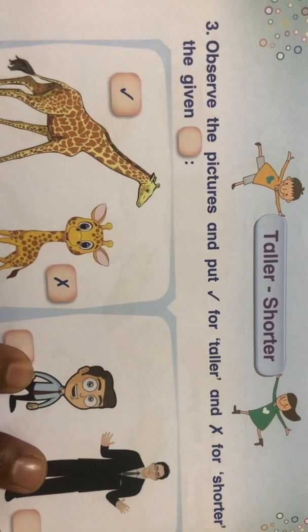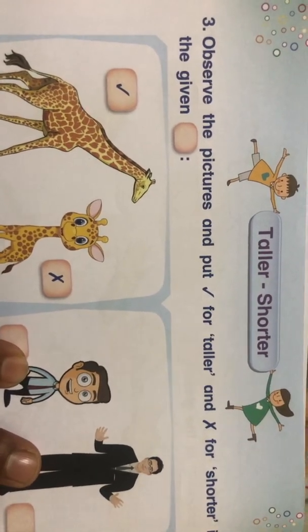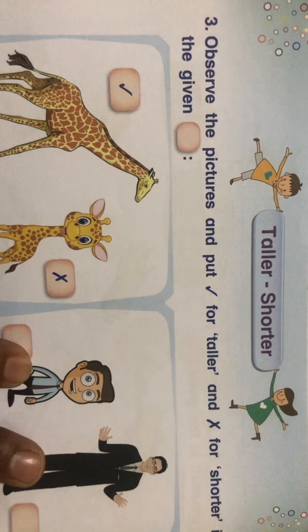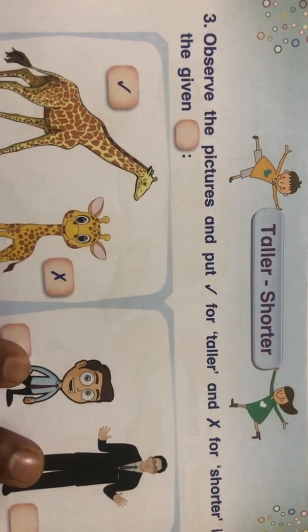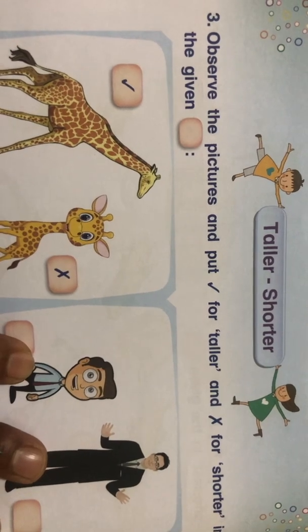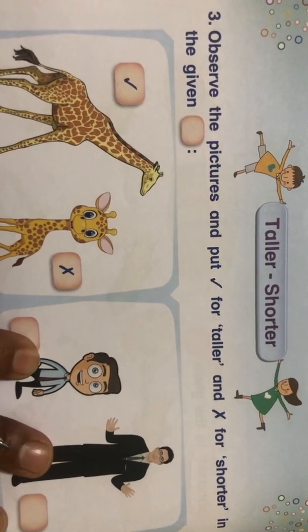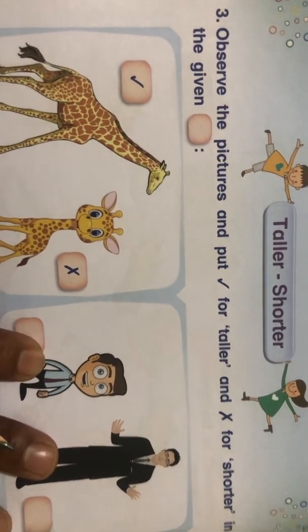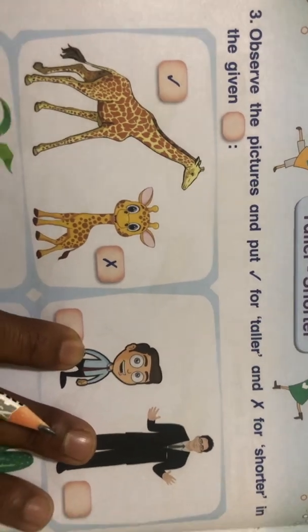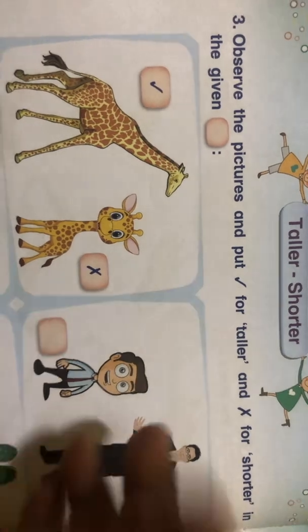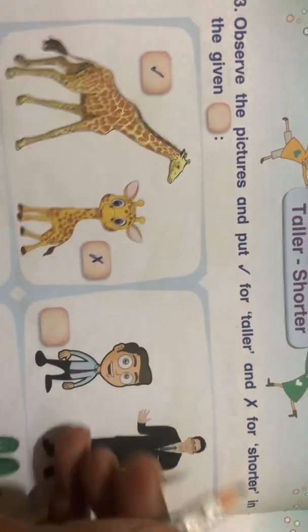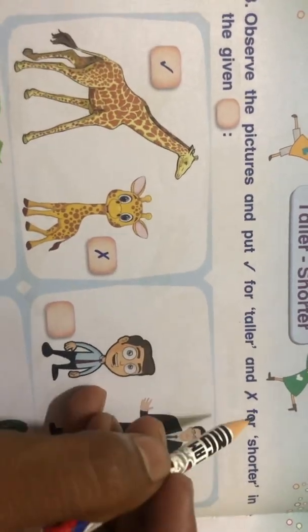Today we are going to learn how to find out taller and shorter. As in the previous, we measure the longest and the shortest one, right? उसी तरह हम यहाँ पे taller means लंबे ऊंचे, right? We are going to compare. Now see the question, observe the pictures and put right for taller and wrong for the shorter in the given